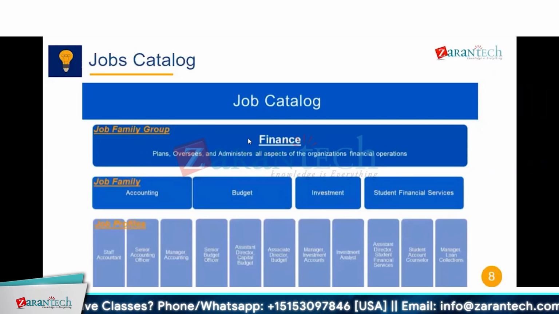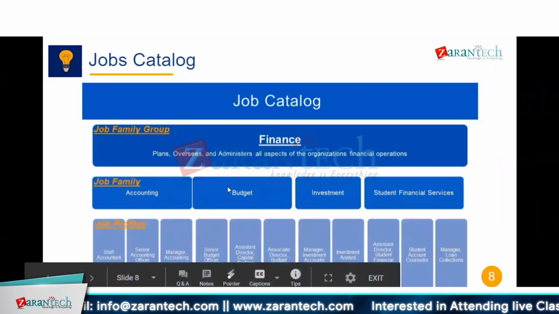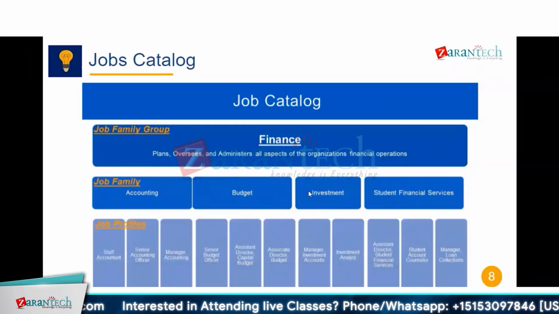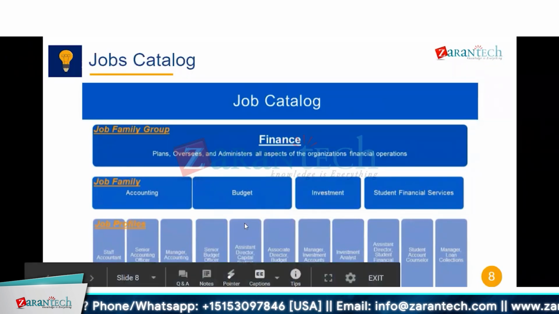And then the job family groups would be like the overall functional area, like finance or human resources or IT security. This would be a group, or facilities. And then within that job family group, there would be different job families. So for example, within finance, there's accounting, budget, investment. So these are the separate categories. And then there would be the job profiles